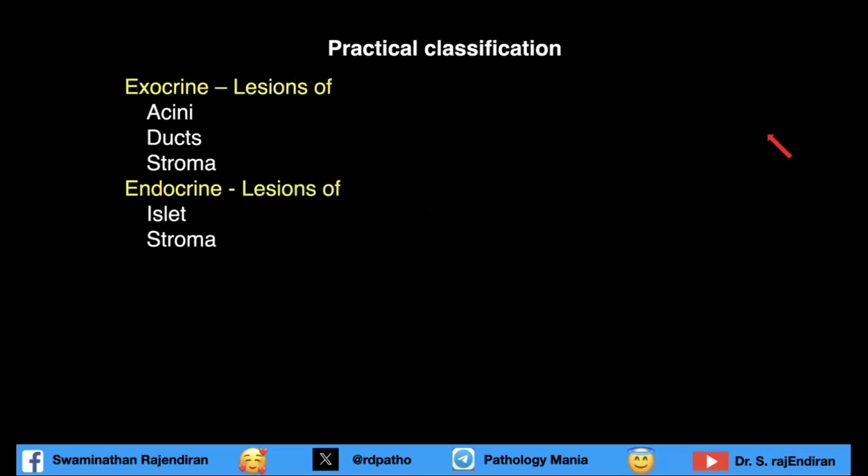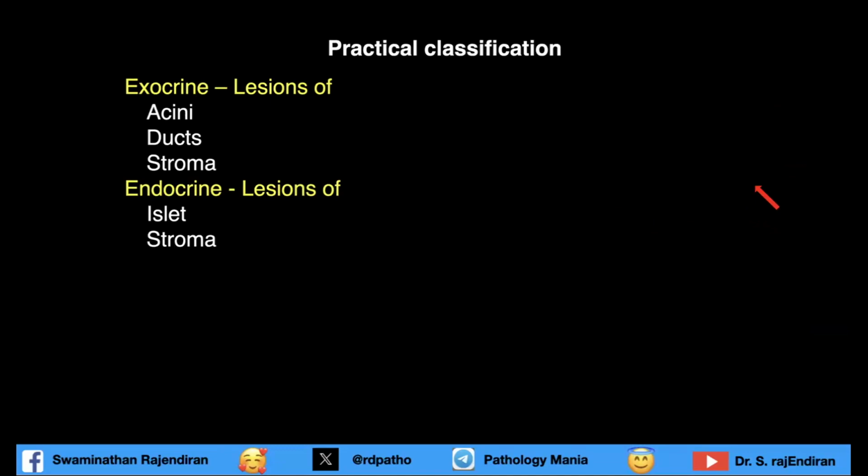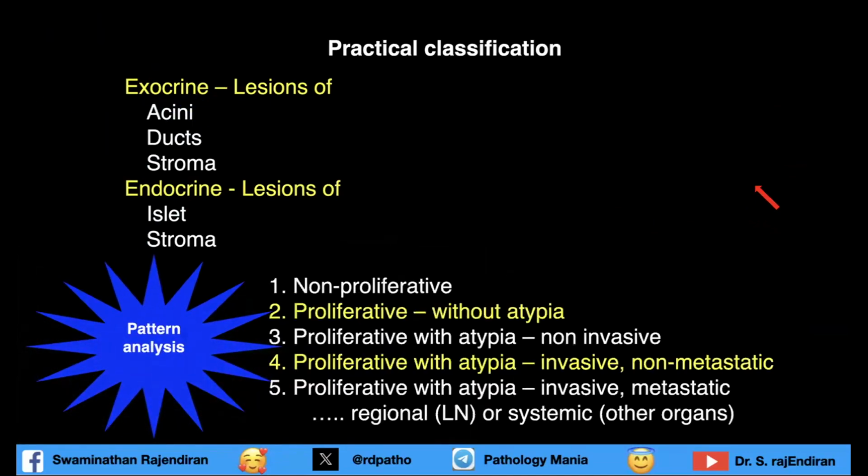We talked about the WHO classification, but how do we take a practical approach? First, we have to divide the lesions arising from exocrine or endocrine. In the exocrine, they can be from the acini, from the ducts, or from the stroma. In the endocrine, it can be either from the islets or from the stroma. Previously, we used to use a classification of lesions as congenital, traumatic, inflammatory, neoplastic. Now that system is gone, and we have a pattern analysis where you have to ask 4 questions whenever you